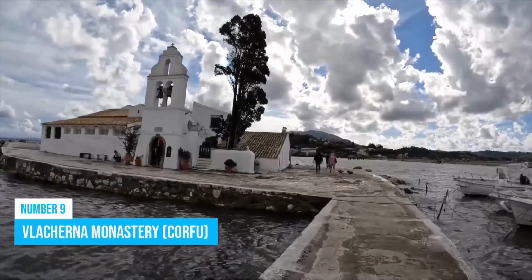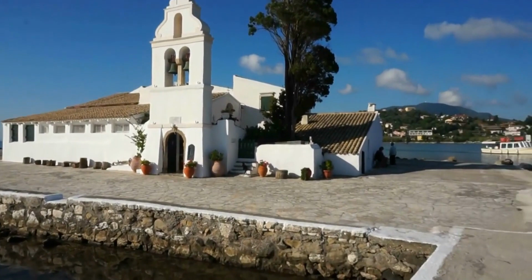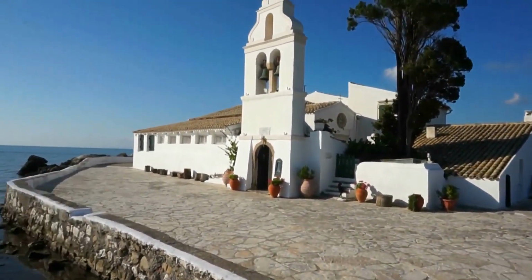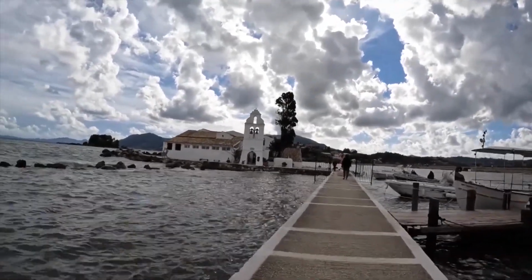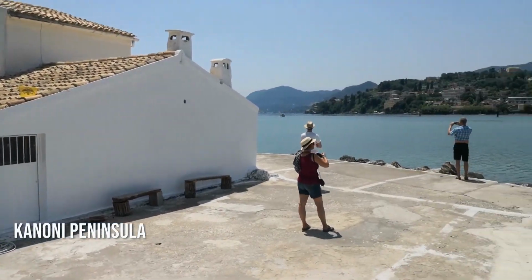Number 9. Vlaherna Monastery. Nestled on a little rocky island, the Vlaherna Monastery is an amazing 17th century Greek Orthodox marvel that'll leave you speechless. The serene cypress trees surrounding this attraction provide a tranquil ambience, making it a perfect spot for peaceful reflection. You can reach this hidden gem by taking a short walk from the Kanoni Peninsula, adding a sense of adventure